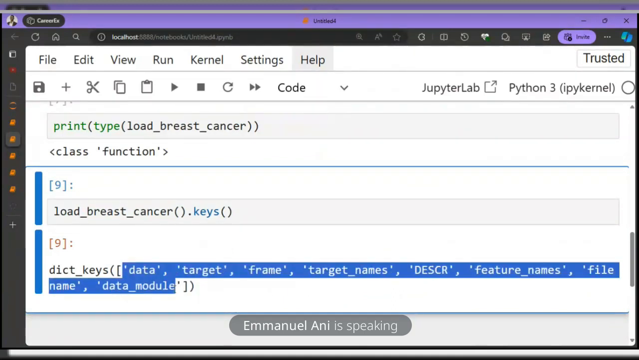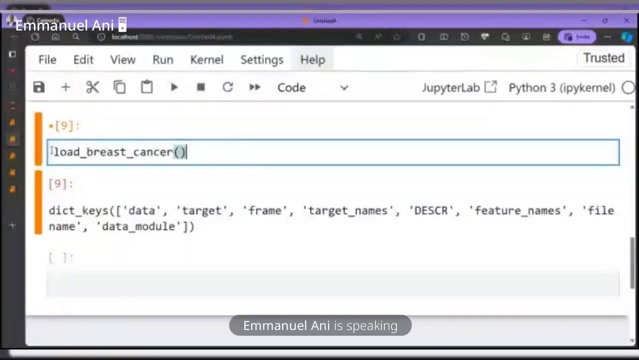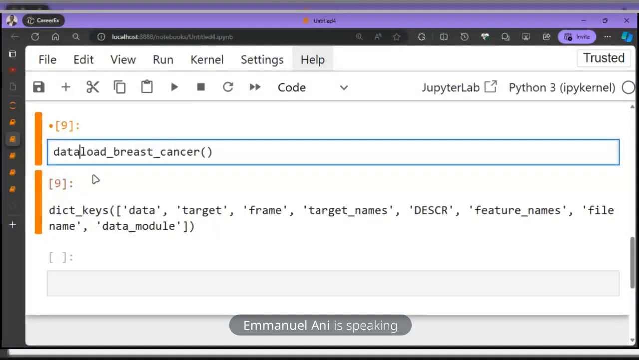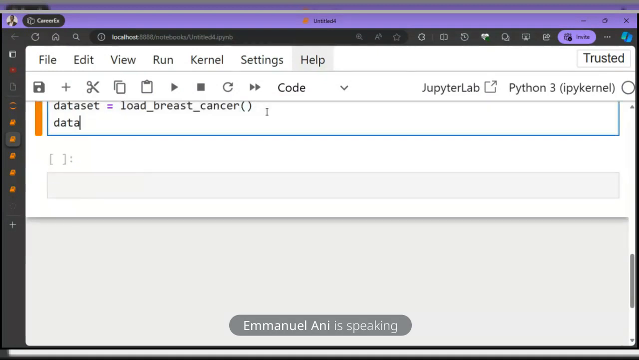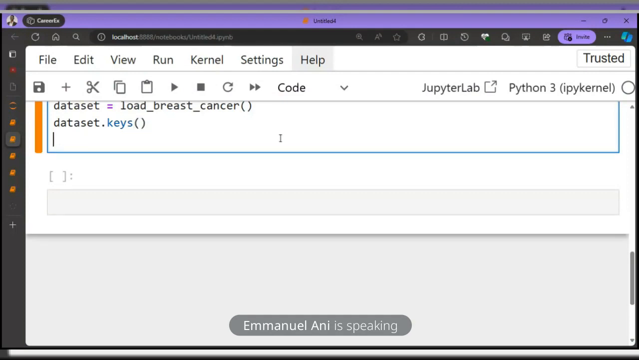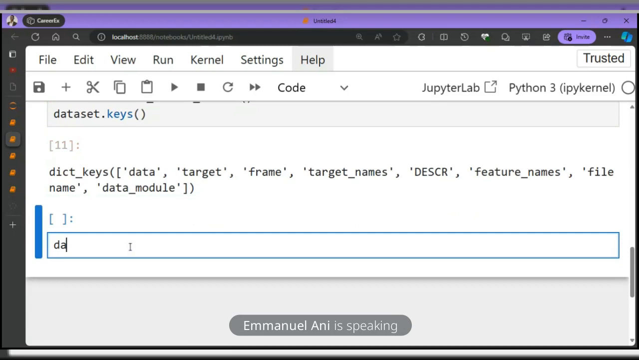Data, target, module. So I'm just going to leave that and start accessing them one by one. What I'll do is assign the output of this function to a variable. I'll call it data set. All right, I'll run that, and I'll come here and say data set dot keys. Give me the keys, right? You can now come here and say data set,